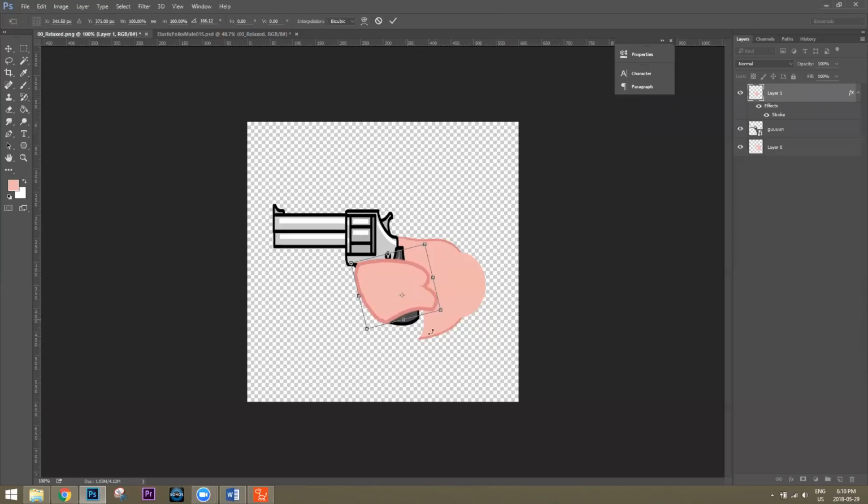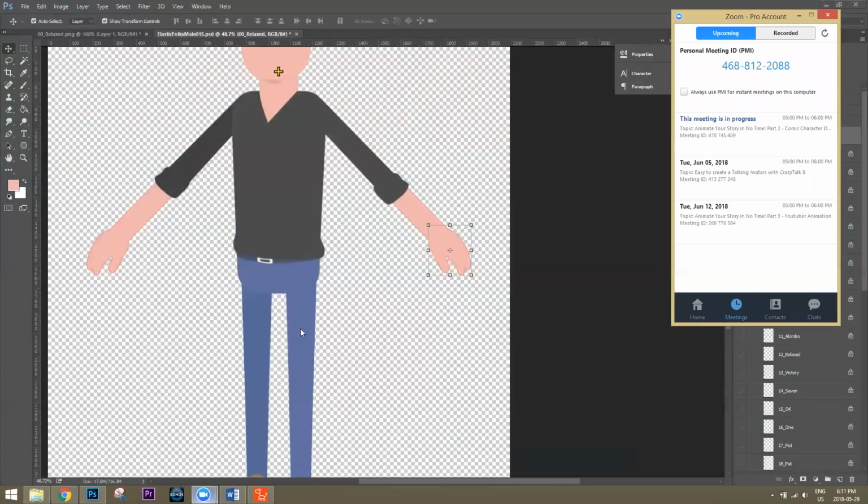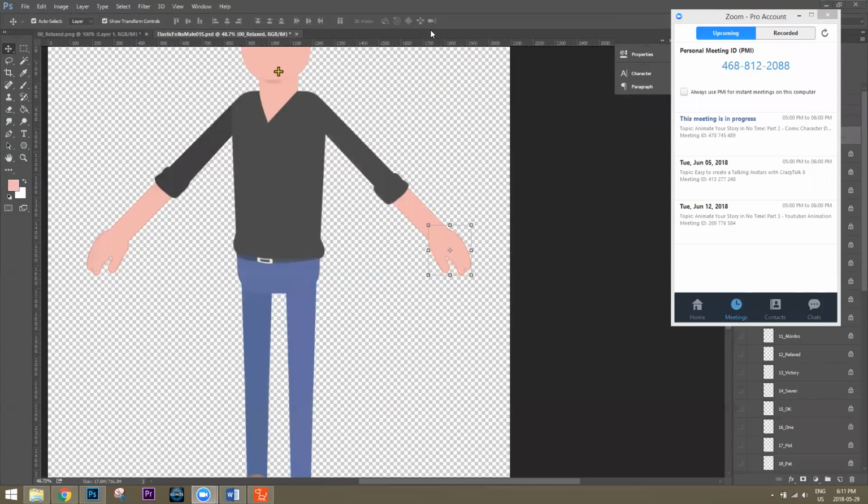Then obviously you have to fix it up here a little bit, but that's how you can create an outline in Photoshop and then import it back in. You can do the same thing for your character as well. It would take a little bit of effort, obviously, but that's how you would do the outline. You can't do it in CrazyTalk, unfortunately. Okie dokes.